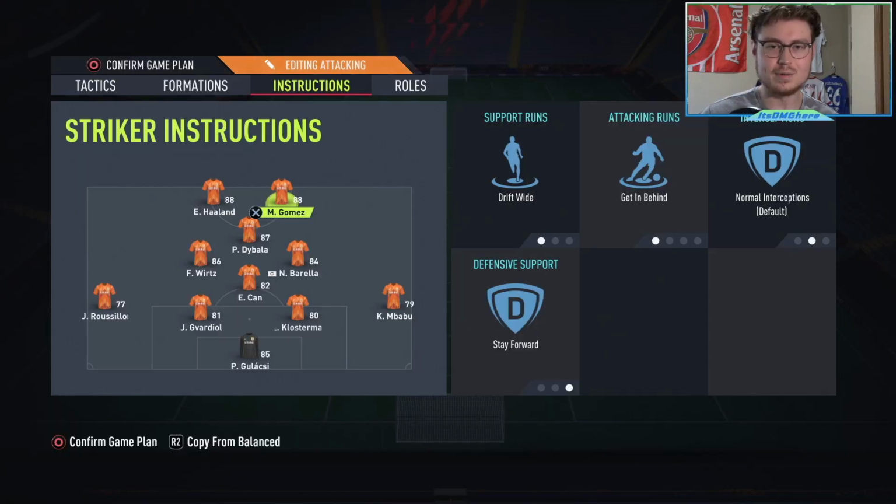I think I scored 4 or 5, maybe even 6 goals strictly from corner kicks because of Mario Gomez. The other thing is going to be to have high attacking work rates on your strikers. I mentioned that Mario Gomez specifically has this stay forward tactic, and that's because of his medium work rates. There were times where even though he's on get behind, he wouldn't really make a run forward, he would just stay in place. So I would really recommend high attacking work rates, because Erling Haaland, for example, would be busting runs in left and right, no problem, while Mario Gomez just...